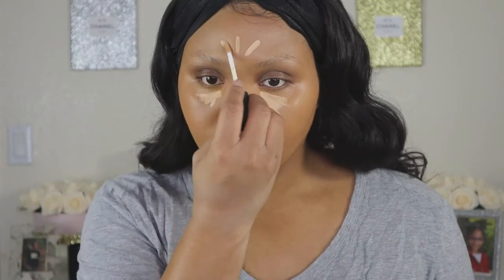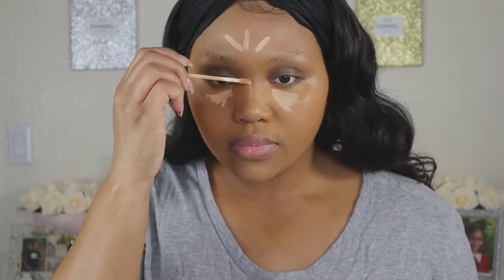So now I'm layering my concealers, and this one's more of my skin tone shade, and I'm layering them because my brightening concealer is quite bright. So if I layer it, I don't need to use as much to brighten, and then it's not such a stark difference. So I'm going in all of the areas where the light will hit the face the hottest,